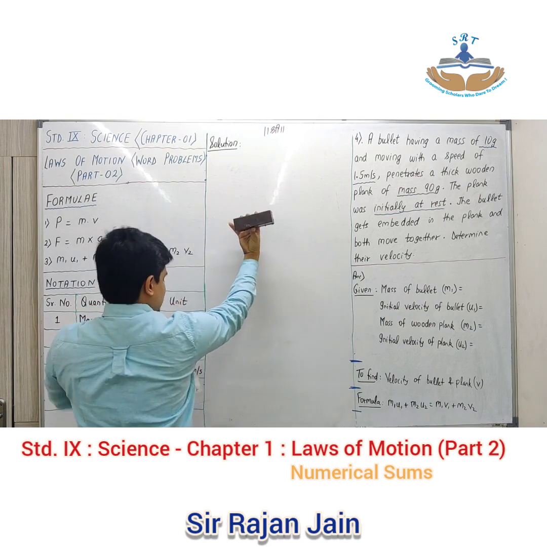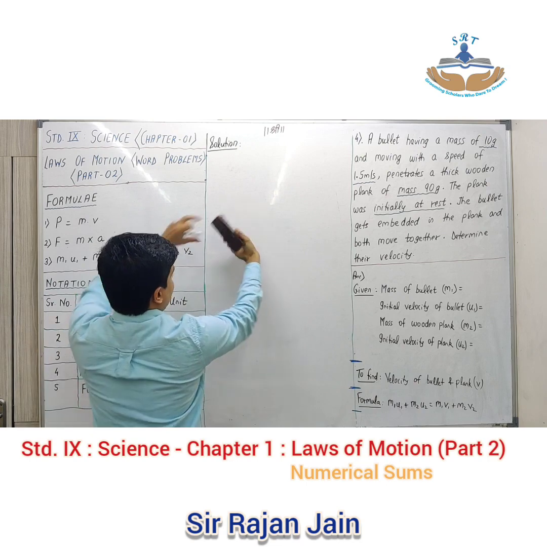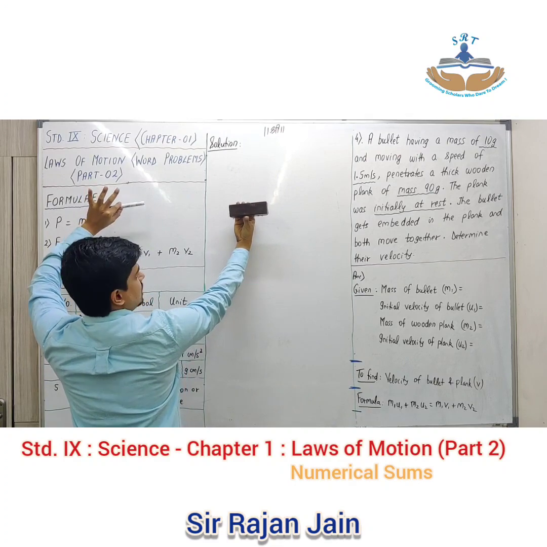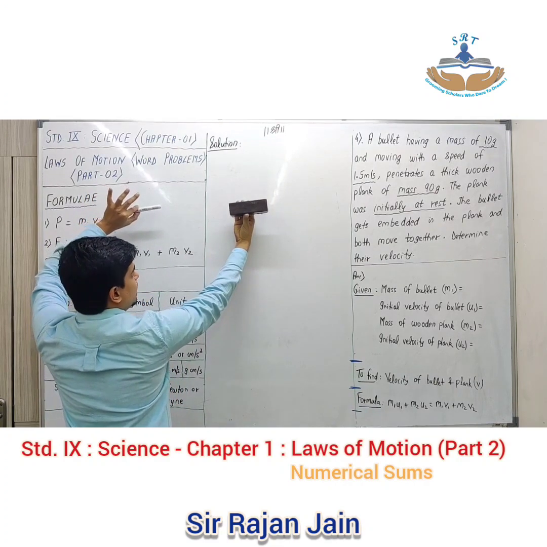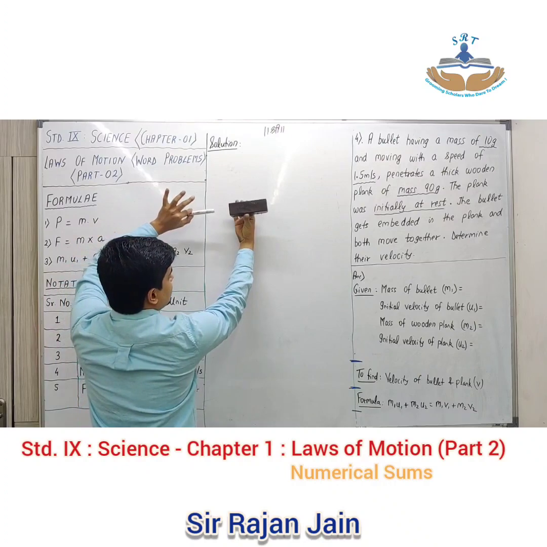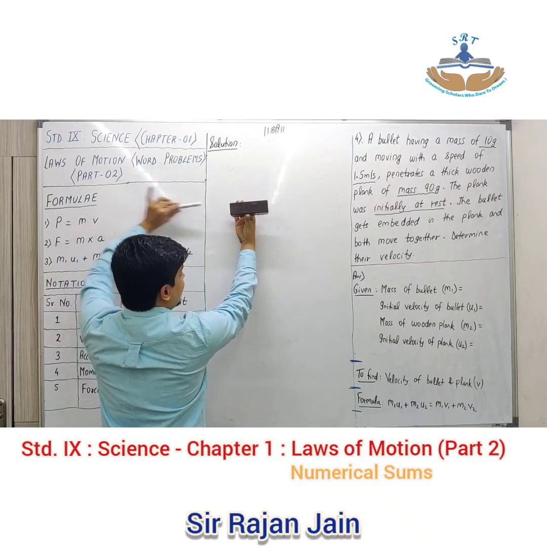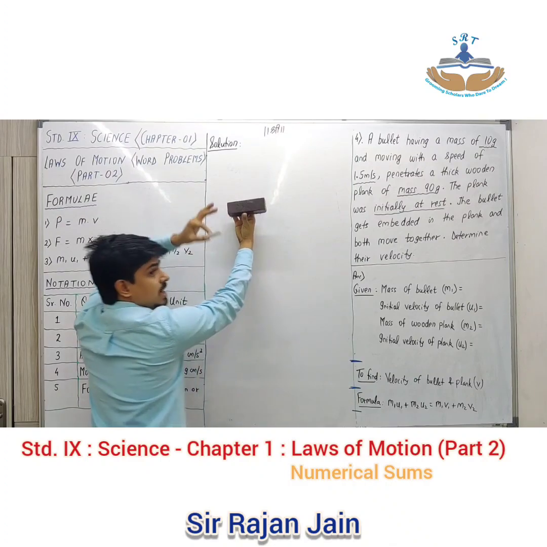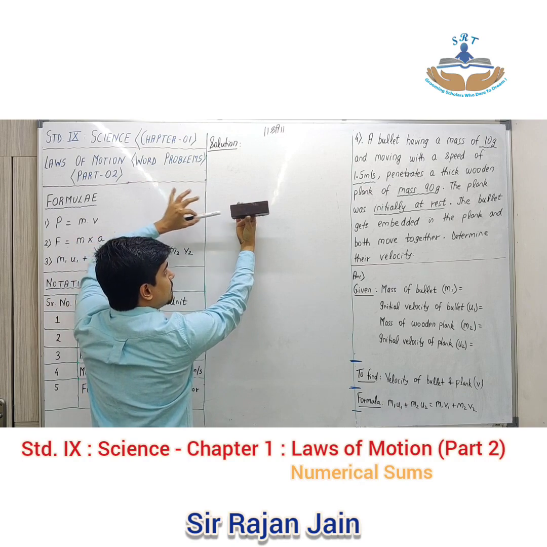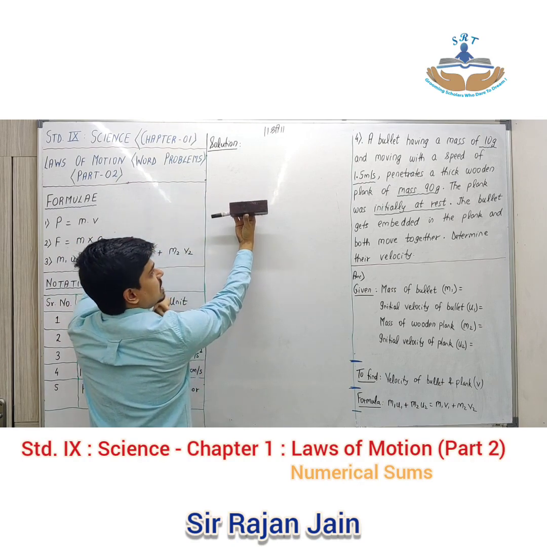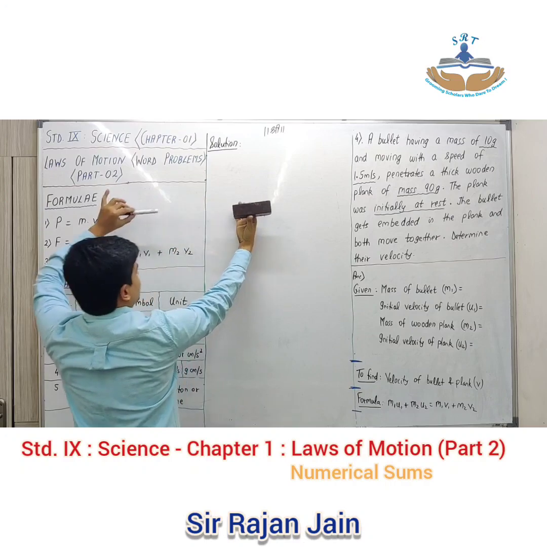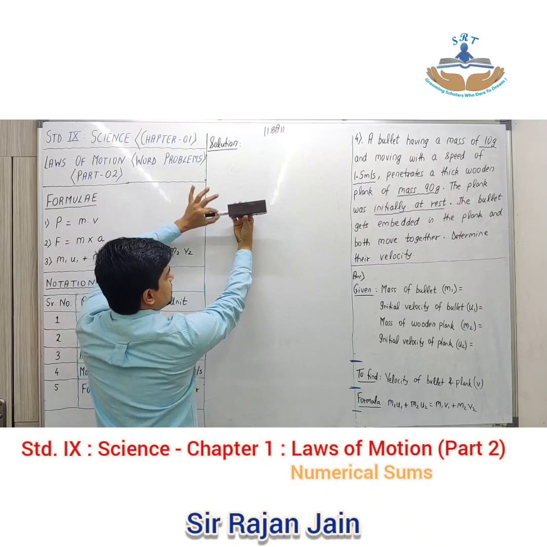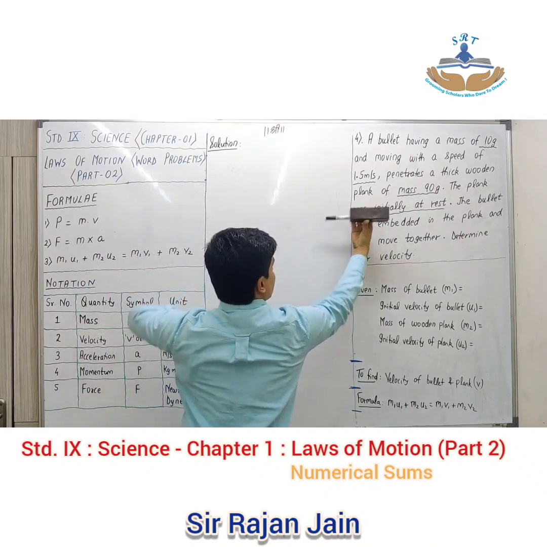What they are saying is, let's say this is your wooden plank. Okay, this is your wooden plank over here, and this is the bullet that I'm talking about. Plank is initially at rest. इधर से bullet को fire किया. Now bullet moves with a speed of 1.5 meter per second, and after the bullet hits this particular plank, it gets embedded in the plank. मतलब क्या, ये bullet वो plank के अंदर penetrate करके उसमें ही अटक जाता है, ऐसा समझा? So what they are saying is, plank is initially at rest, bullet comes from here, it penetrates, gets embedded, and both of them start moving together like this.